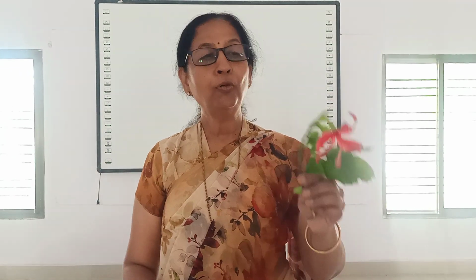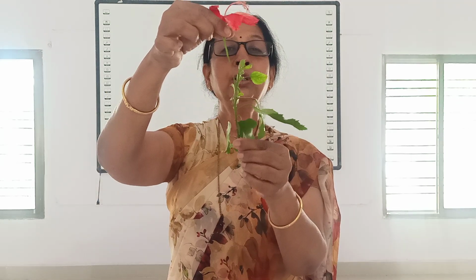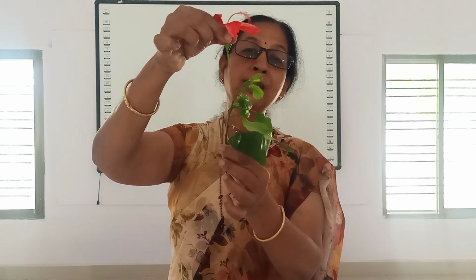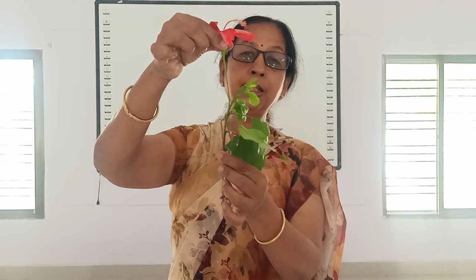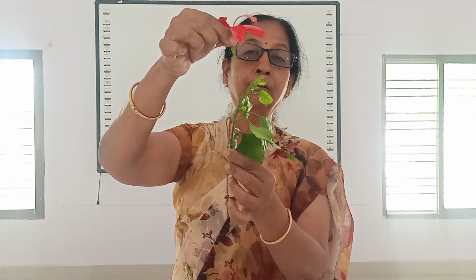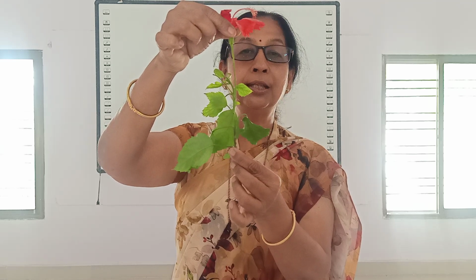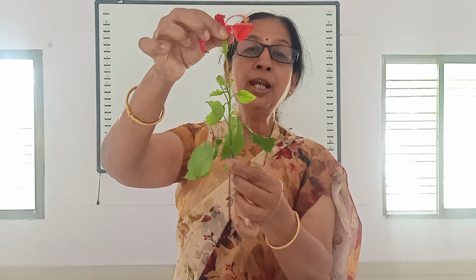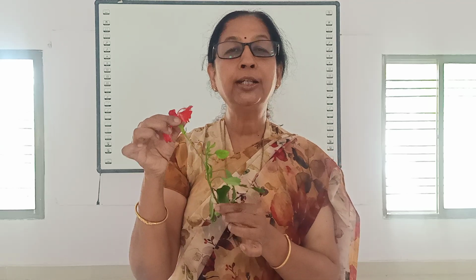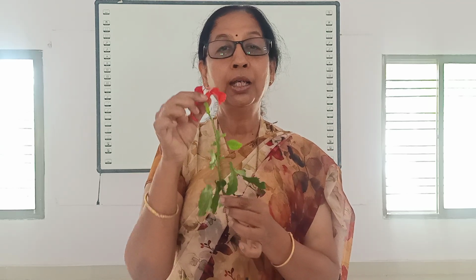Is it present in a bunch? Is it present in a group, or is it present in a single way? In this case you have already seen the flower is single. So there is no inflorescence type that you have already studied. It does not come under the Cyathium or Spadix type. So here the flower is single, so we call it a solitary type of inflorescence.